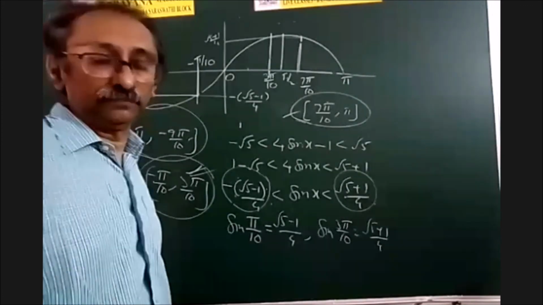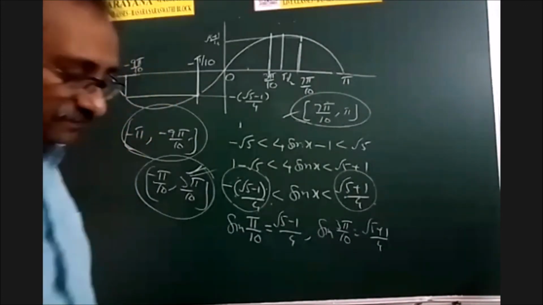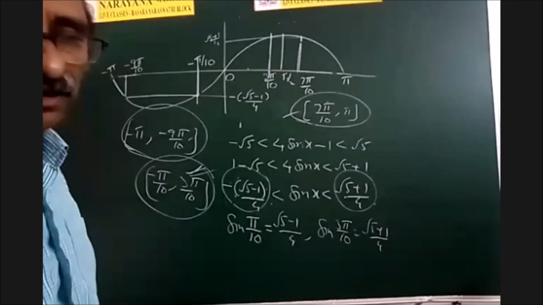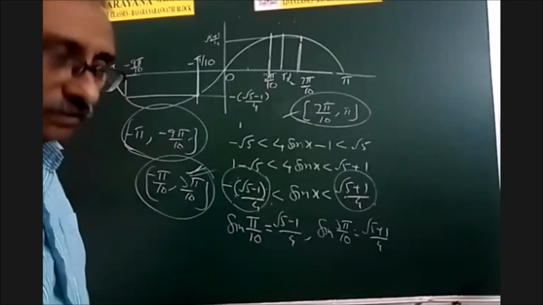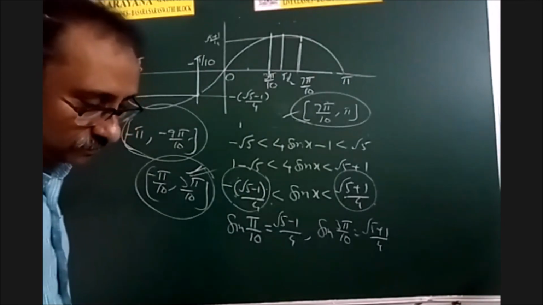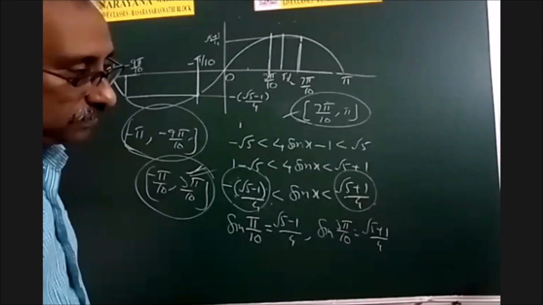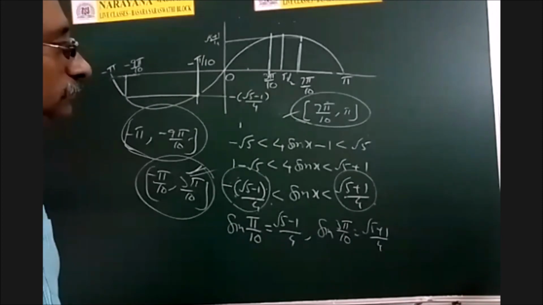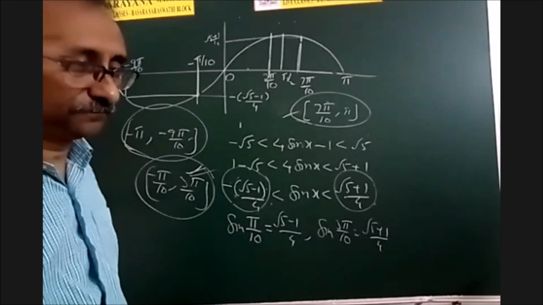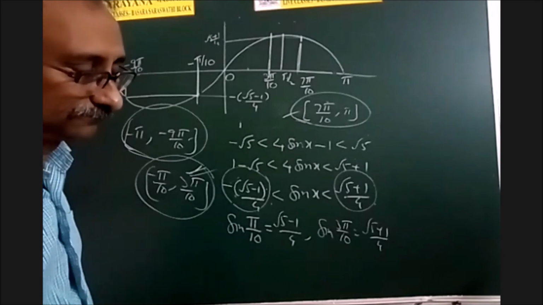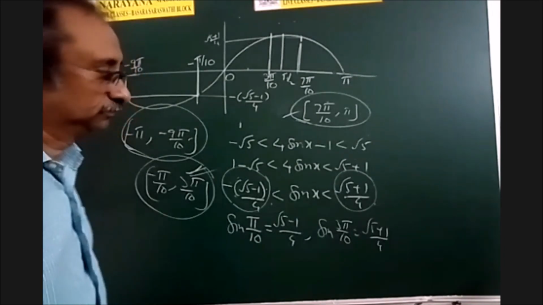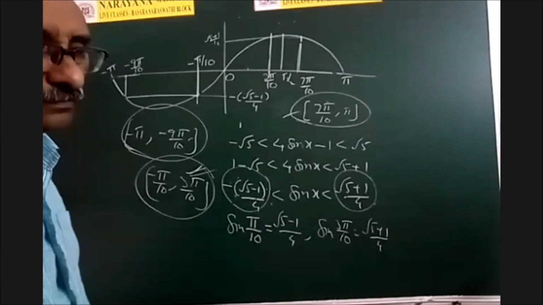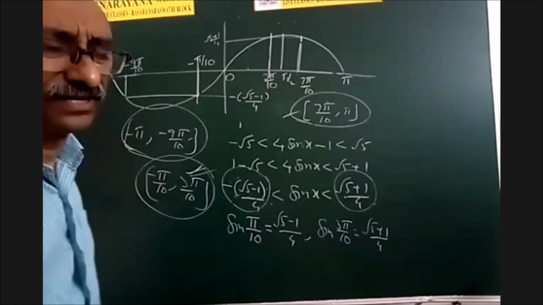Right, sir. Sir, one more doubt. As sine of pi minus theta is sine theta, this implies that the value we got, pi minus 3 pi by 10, that is 7 pi by 10, is also in between those values. Yes. Then minus pi by 10 should also give pi minus of minus pi by 10, that is pi plus pi by 10, which should also lie in that range, no, sir. What is that range? What is that number?